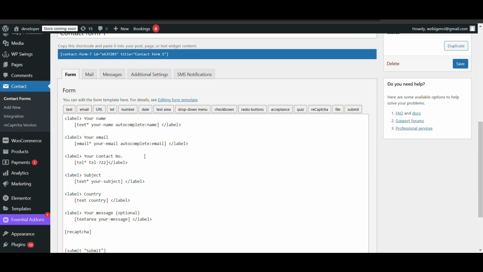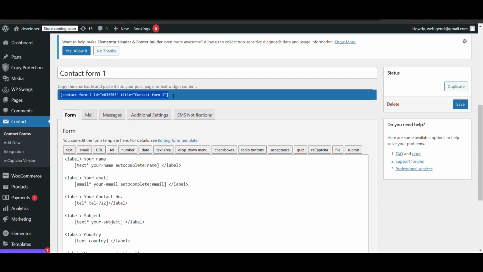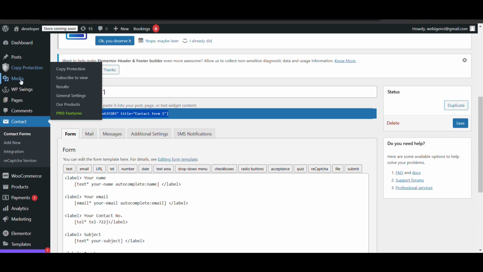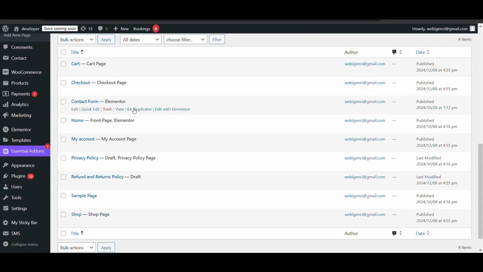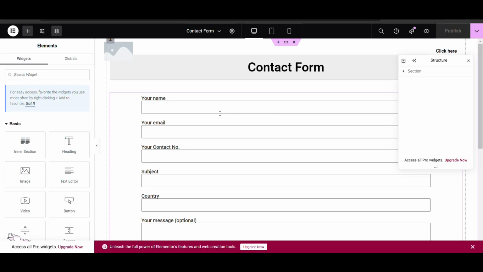Now you just need to copy the shortcode and display it on whichever page you want to display your contact form. Here you can see I have added the contact form.